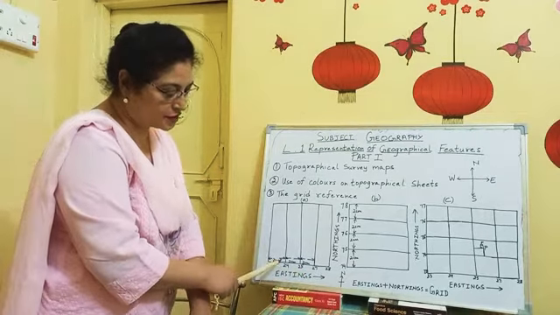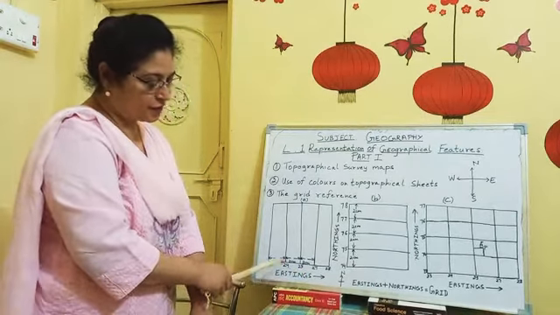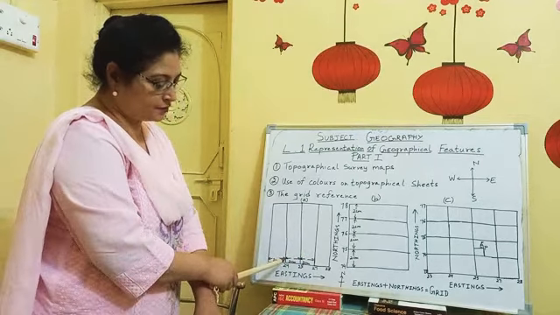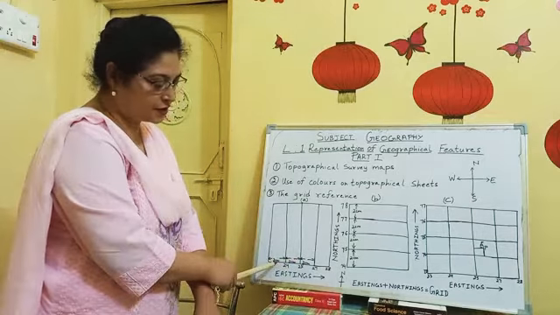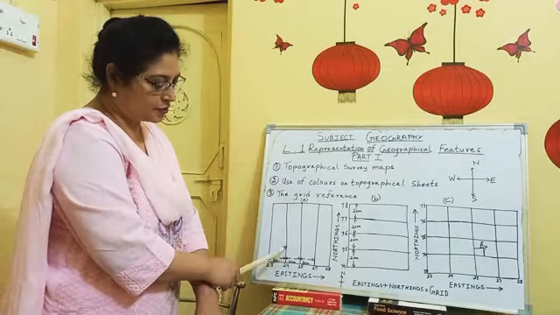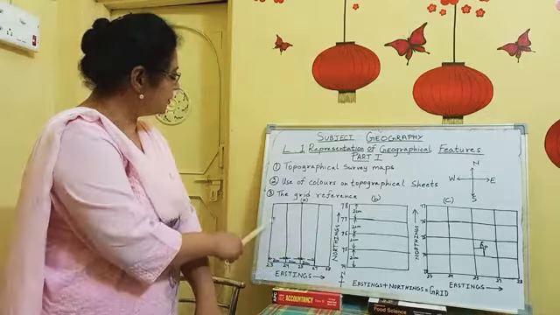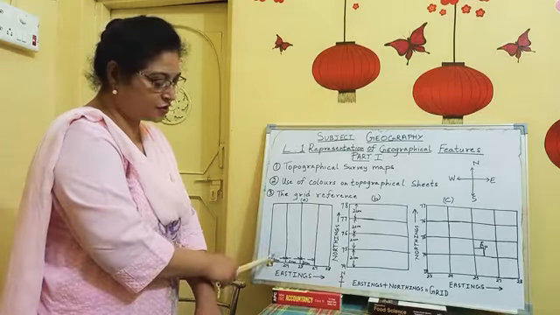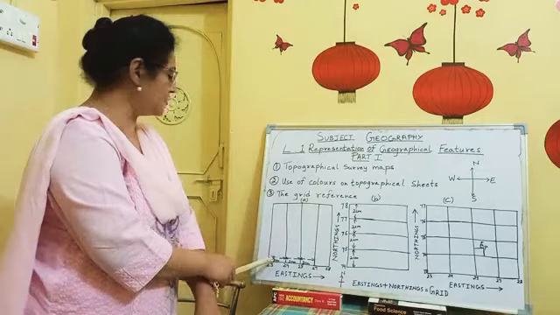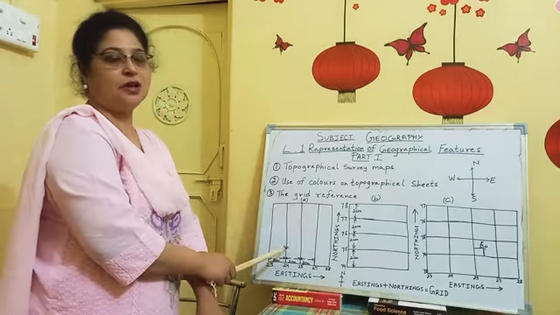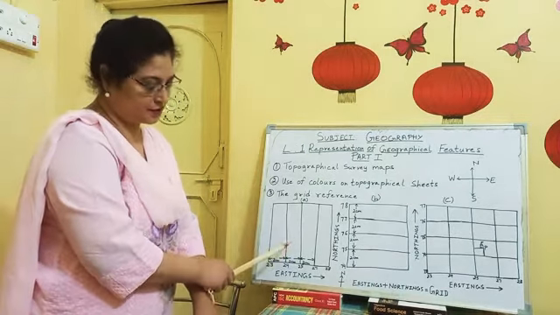The scale which represents it is 2 centimeters each square. If you can see over here, the topographical maps bear the national grid of squares drawn to the scale of 2 centimeters, which is equal to 1 kilometer, with each square measuring 1 kilometer. So these sides are 1 kilometer, and over here each square is 2 centimeters, sorry. So 2 centimeters on the map represents 1 kilometer on the ground.